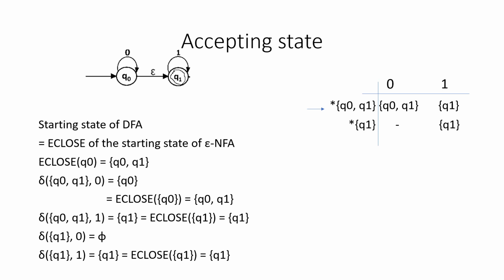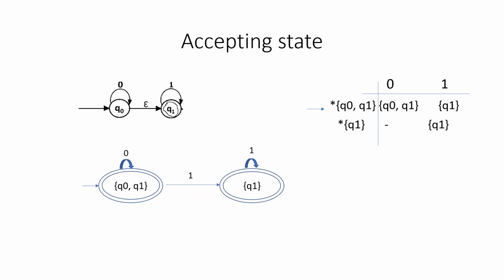Next we have to decide the accepting state. The accepting state here in our example, that is in epsilon NFA, is Q1. So wherever Q1 appears in the resulting states, that has to be taken as an accepting state. So note down, here we now have two accepting states. The transition diagram looks like this. See, we have eliminated the epsilon symbol from it. Thus we have a conversion.